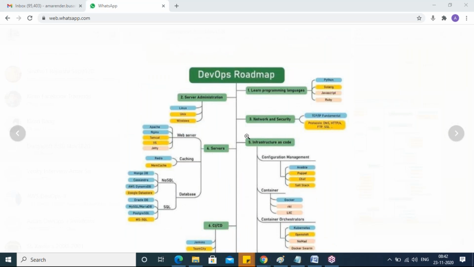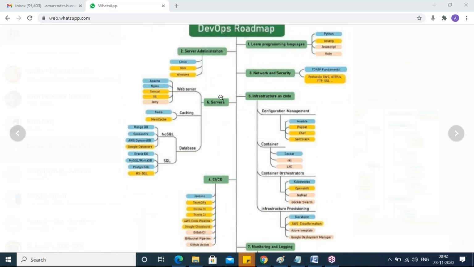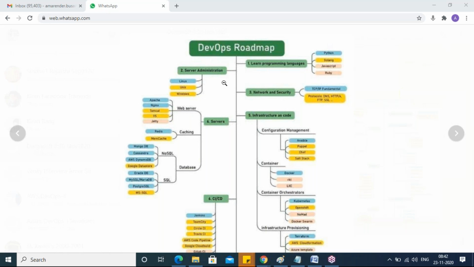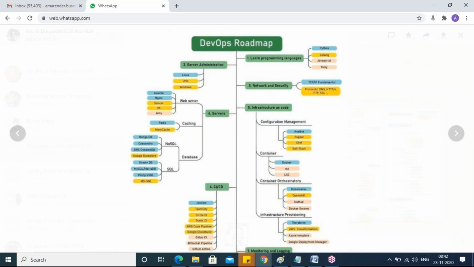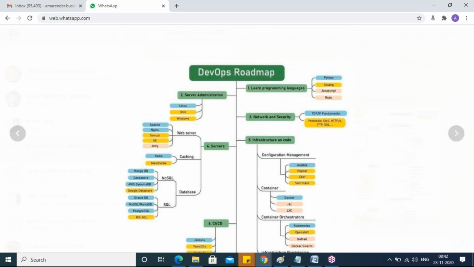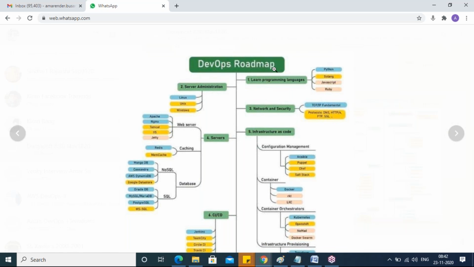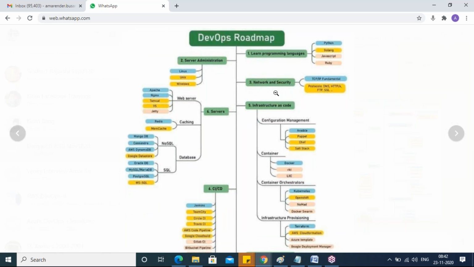Okay then. So guys, I posted this diagram in our WhatsApp group also. Basically these are DevOps admin roles. Guys, somewhere I'm getting disturbance. Make sure that you don't have any disturbance from your end. It's your responsibility, guys. If you're outside, please make sure that you have muted yourself.